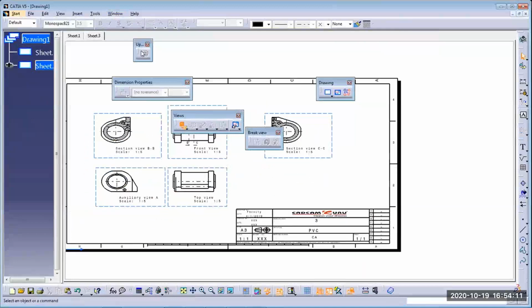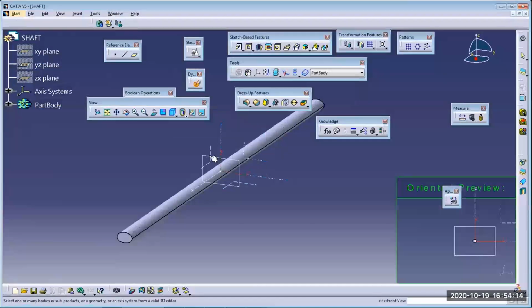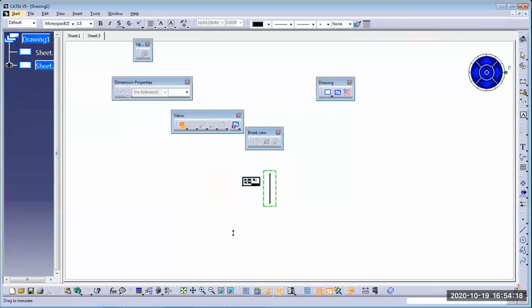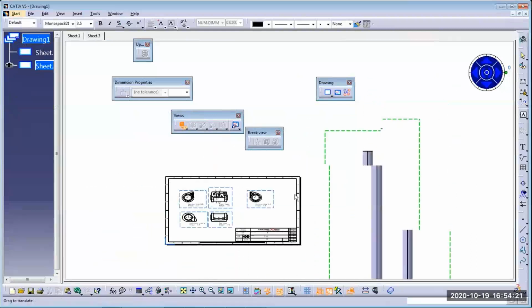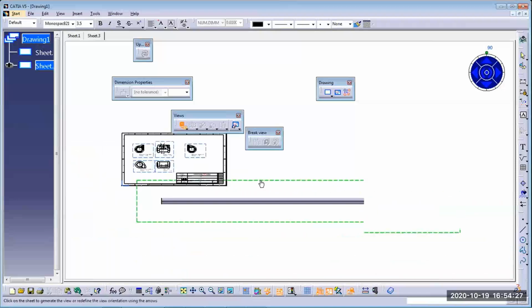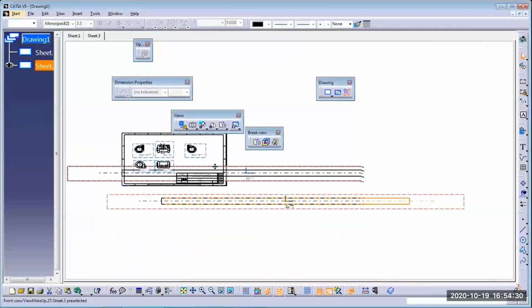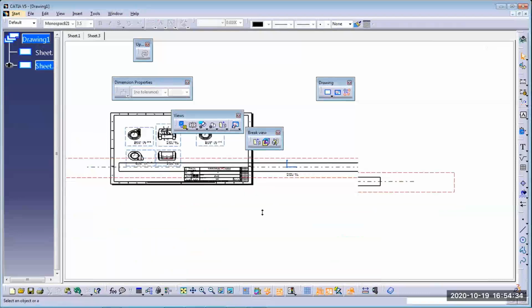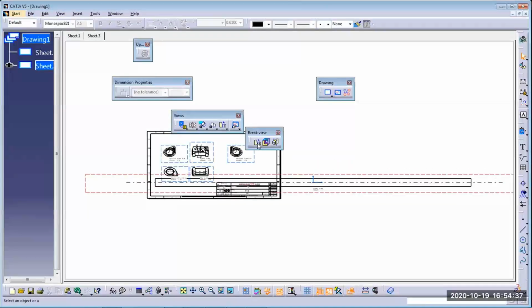Activate this. Go to the front view. Take the shaft, take this plane. So it is not properly fitted in our drawing area. I rotate this, and I move, okay, I place it here, and then I move this in this area. It is not properly fitted. Okay, in that situation, I use this option: Broken view.